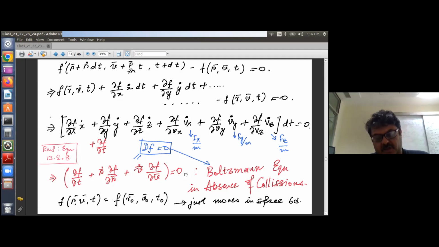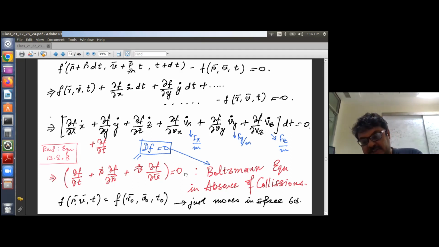You are considering a time which is small but large enough that multiple collisions have taken place, and what Boltzmann assumed is that the effect of collisions is just to take the distribution function towards the so-called